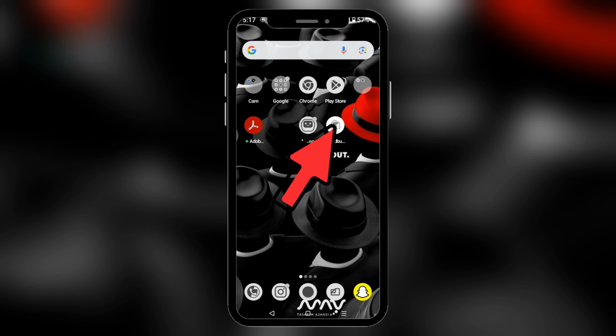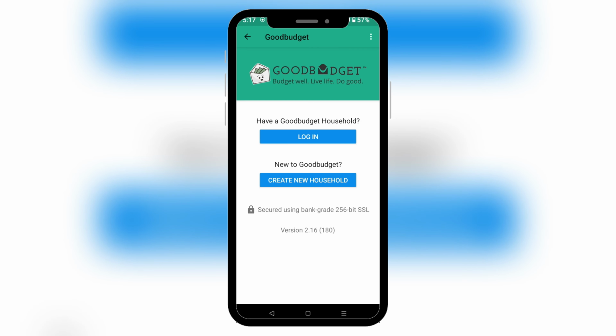First things first, let's open Goodbudget and go inside it. So here you will see an option for the login. If it's not happening, here are the things that you will do. However, I'm able to log into this app, so I'll explain the process that will help you to fix the issues that you are having to log